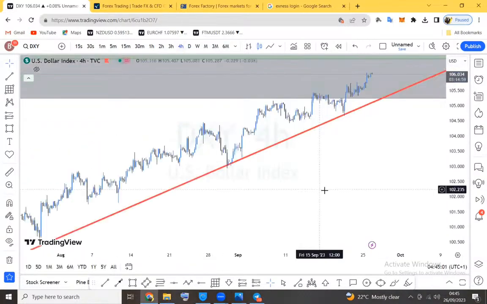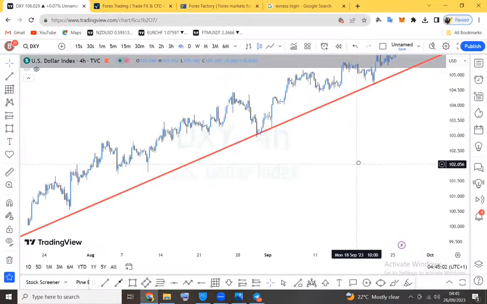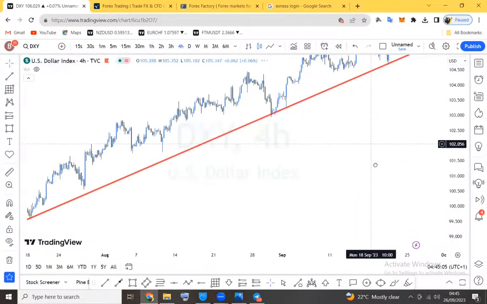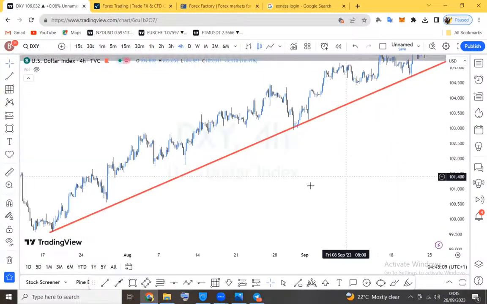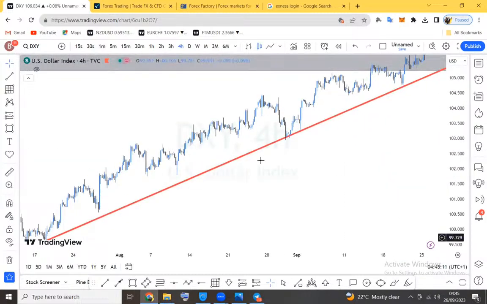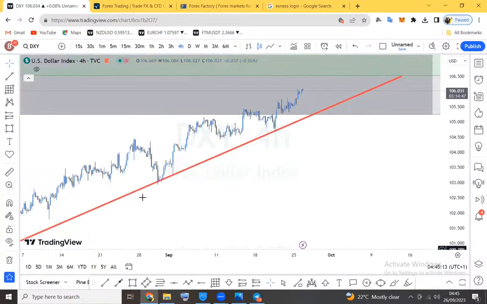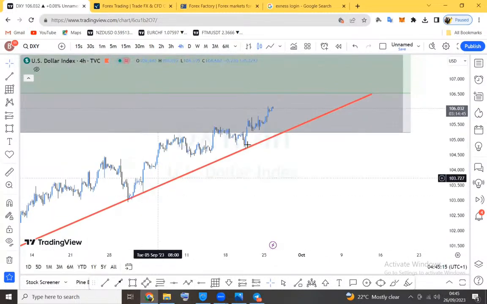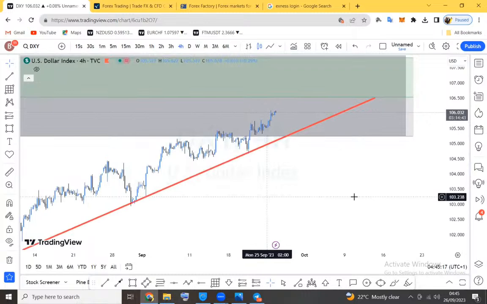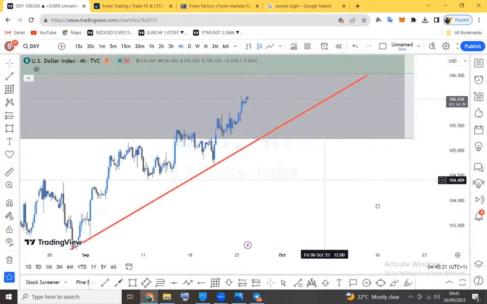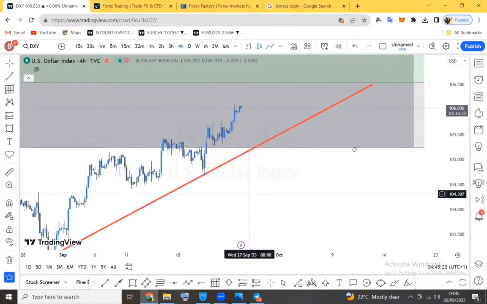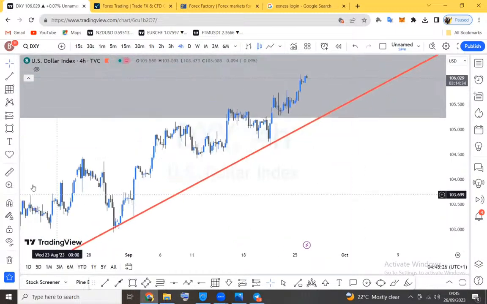So the trendline methodology has been one of the methods where price has used to maintain a very dynamic boundary for the rally. So you can see from the very first point, the second point of reaction here, and the third point of reaction. These definitely were a great opportunity for people to actually buy the dollar index based on the trendline methodology.